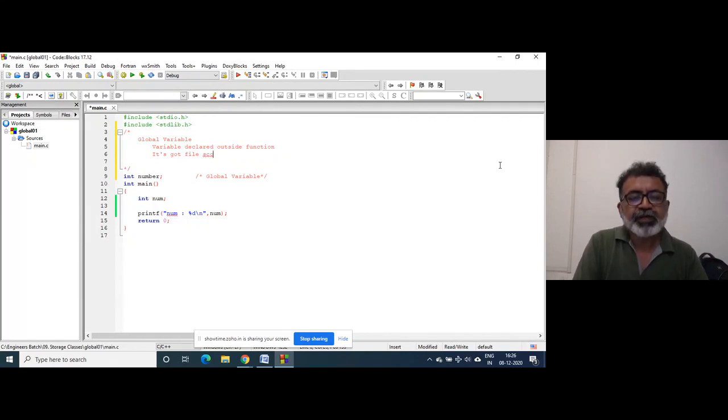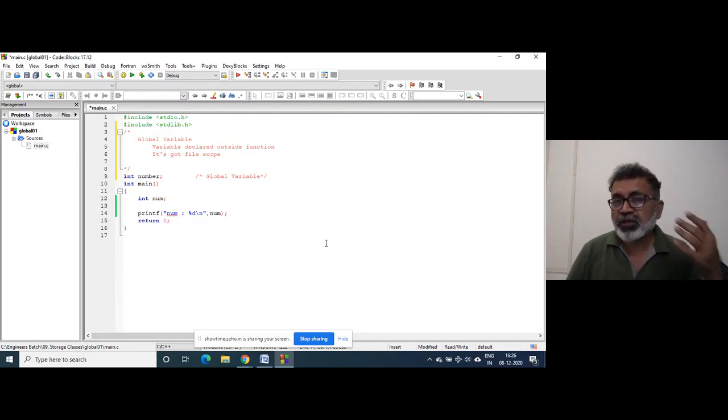It's called a file scope. Like an auto variable has got block scope, the block in which it is declared, so likewise, a global variable has got the file scope.